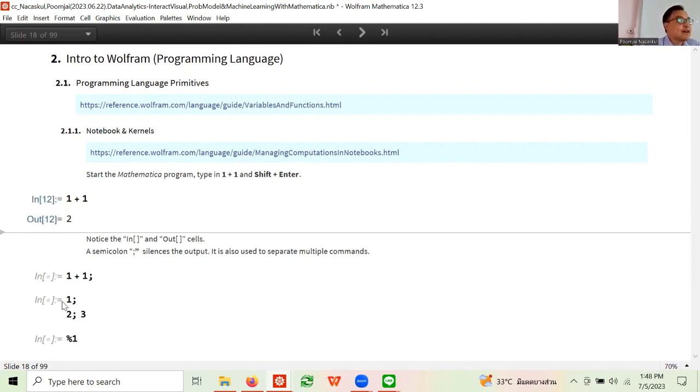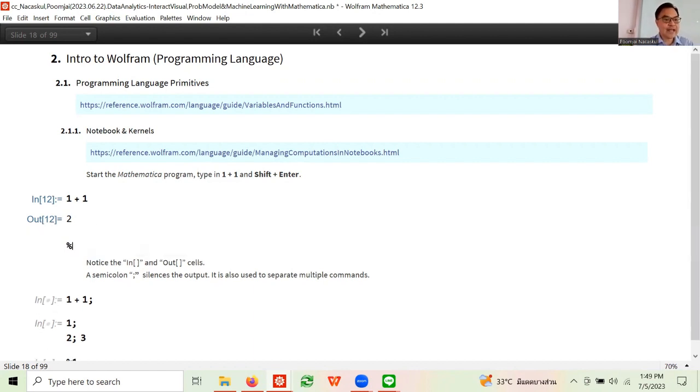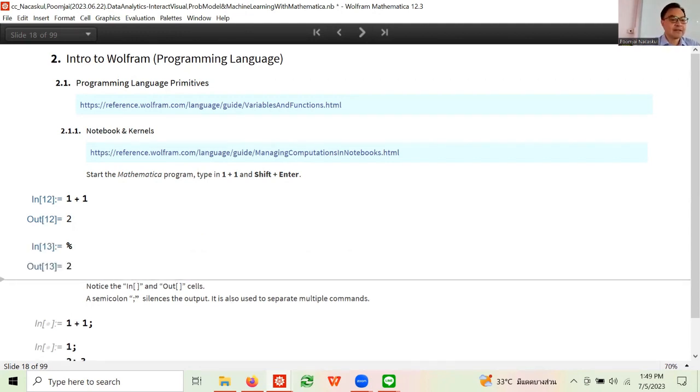I can refer to it. Now, I don't use this very often. I can use the percentage sign to say, give me what was given. So it's just going to echo the last result. This is kind of a shortcut that people came up with, and it's not that useful. I don't use it all the time. But certainly, if I want to go to line 12, I can do this.